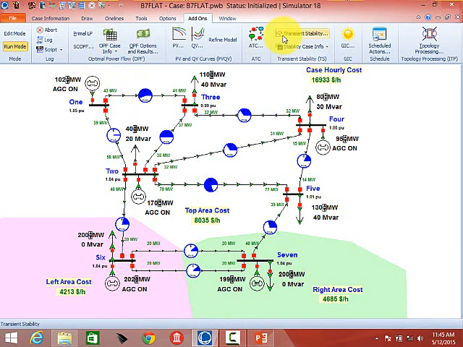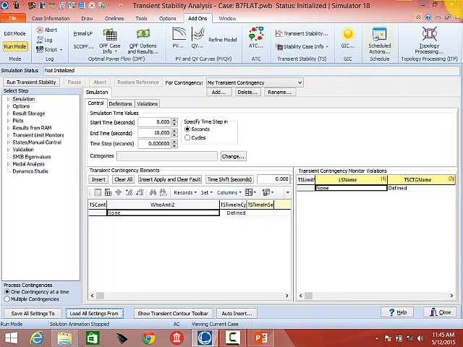Okay, so now we're going to go and do a transient stability run. If you click on add-ons, again on the top, you'll see transient stability. If you click on that, that opens up the main transient stability form. Okay, so add-ons, click on transient stability. That's going to be our main screen, and we'll be talking about that screen a lot over the course of